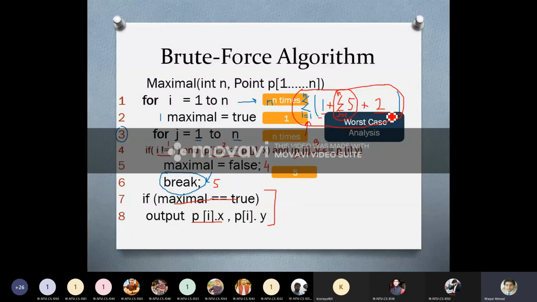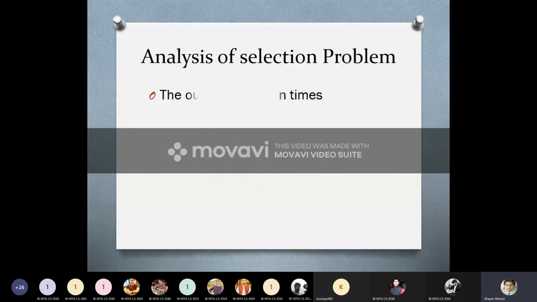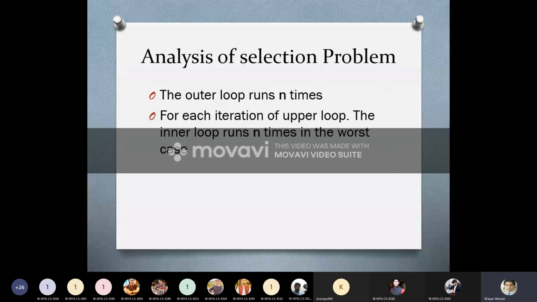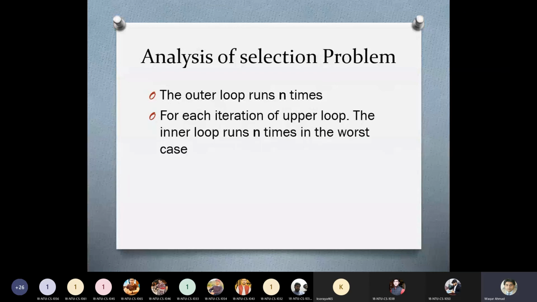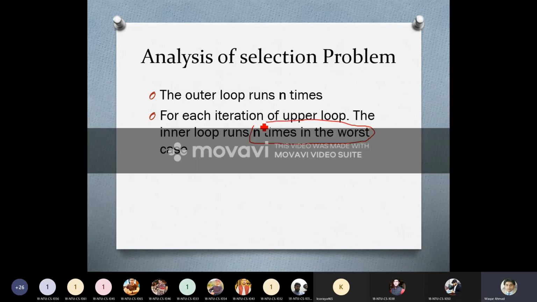You can find this mathematics in the next slide. We know that the outer loop will be executed n times, and for each iteration of the upper loop, the inner loop runs n times in the worst case. Now you can observe that I have used the terminology of worst case here. Only in the worst case is this term replaced with n.